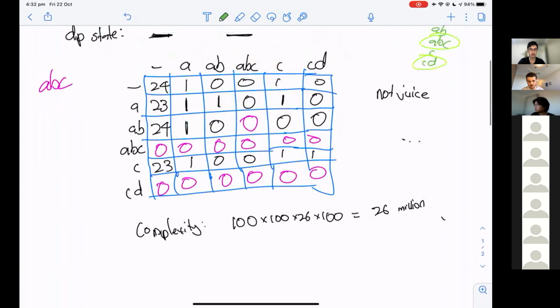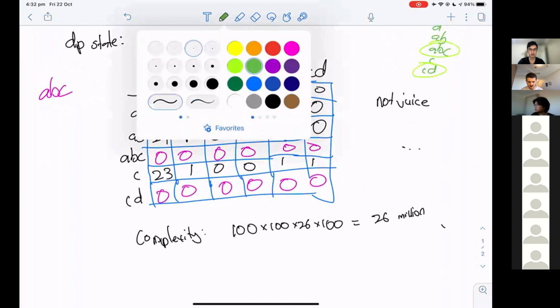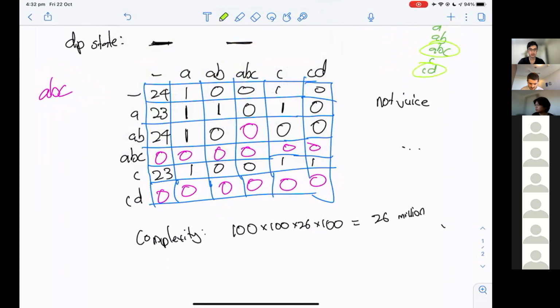Perhaps an interesting, not very useful, observation is if we take this first row here and sum all the entries, that will give us the number of length 1 non-juicy posts. In this case, it's 26 because every length 1 post is non-juicy.